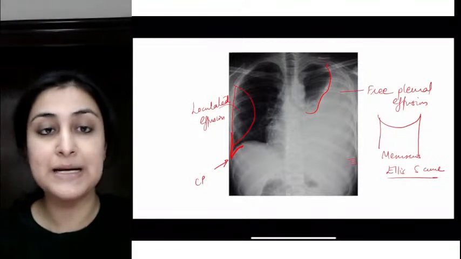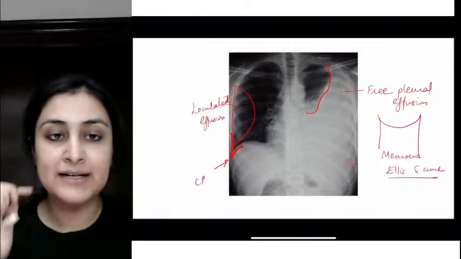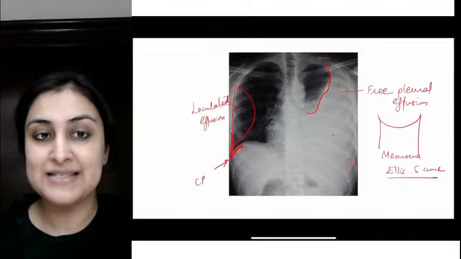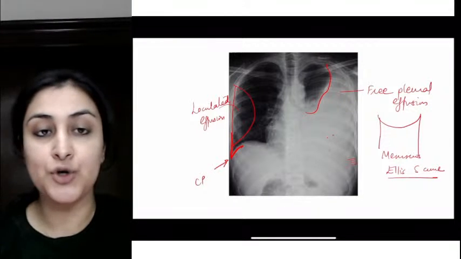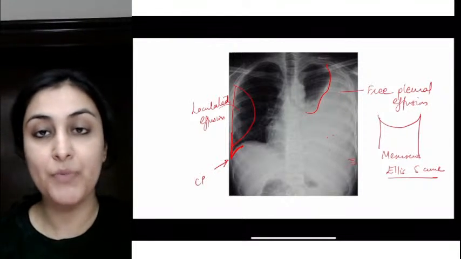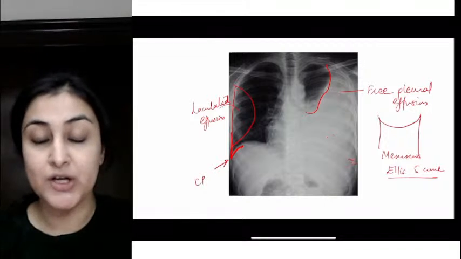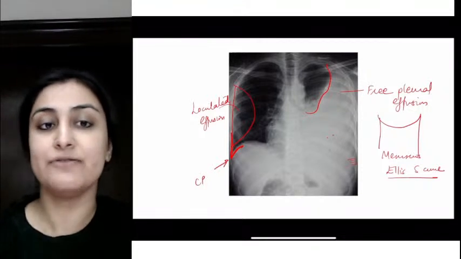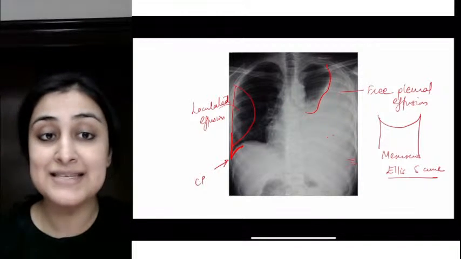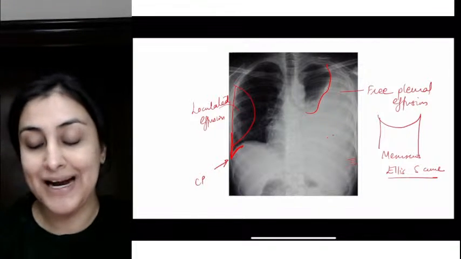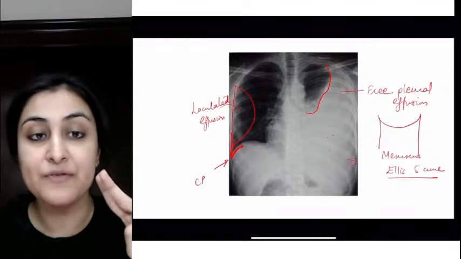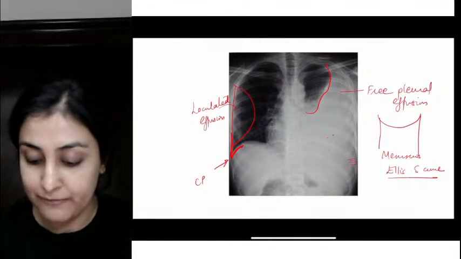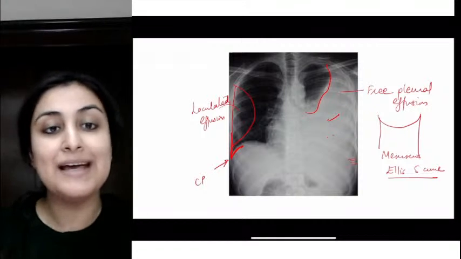So nobody is missing pleural effusion. Can I say that this is pleural effusion, this is hemothorax, or this is chylothorax based on the X-ray, or will all of them look the same? All of them will look the same, right? So on ultrasound or X-ray, I cannot distinguish any type of fluid. I can say if it is pus, but apart from that, I cannot say if it is blood, if it is chyle, or if it is just plain old water. All of them will look the same on X-ray as well as ultrasound.